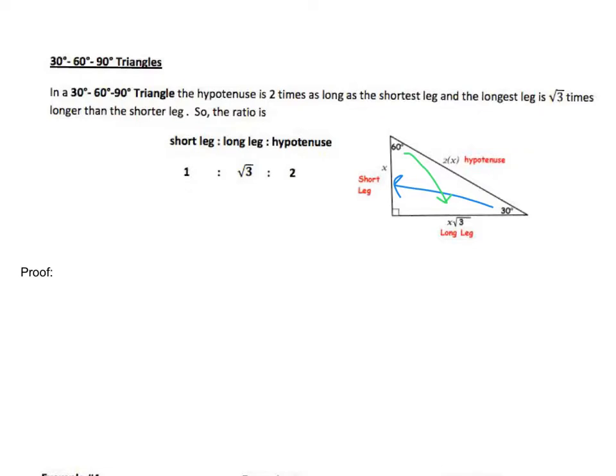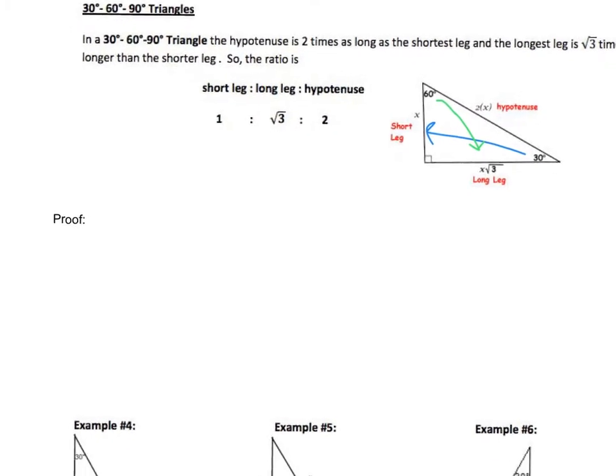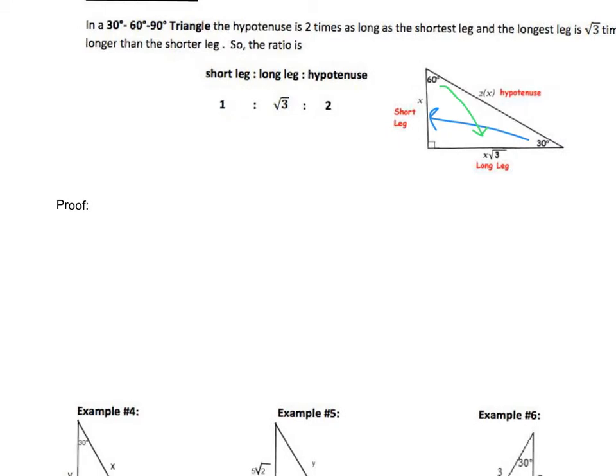We're going to look at a proof of this relationship as well to figure out where the relationship for the longer leg comes from. So to start off, we're not actually going to start off with a right triangle in the Pythagorean theorem. We're going to start off with an equilateral triangle. We're going to assume I can draw an equilateral triangle, A, B, and C. And then we're going to draw the altitude in this triangle